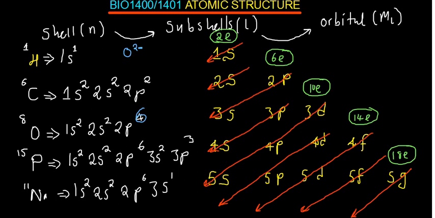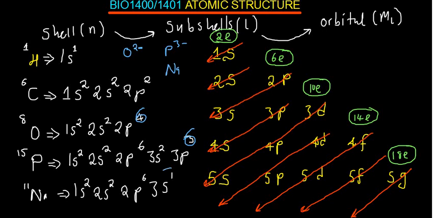And then if you're talking about the phosphorus ion, the one which is going to gain electrons is this one. I'm not saying it is the one at the end which gains or loses electrons. What I'm saying is that it is the one in the outer orbital. So this one is going to gain 3, it becomes 6. Now you know that